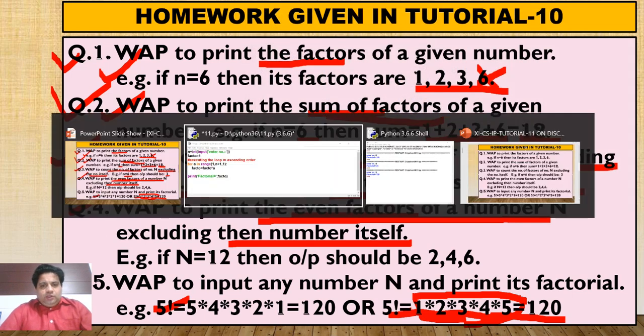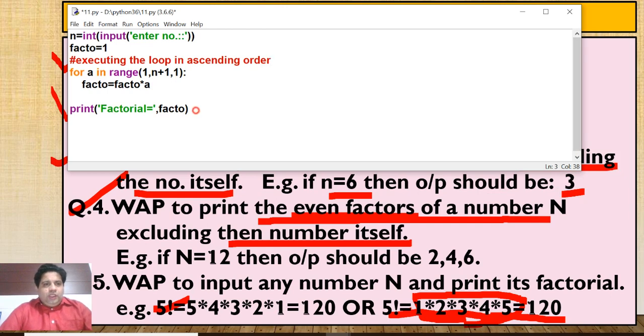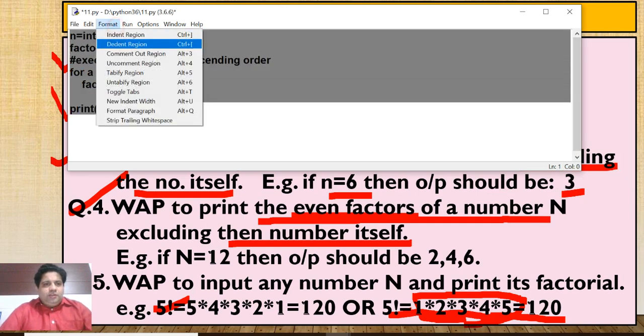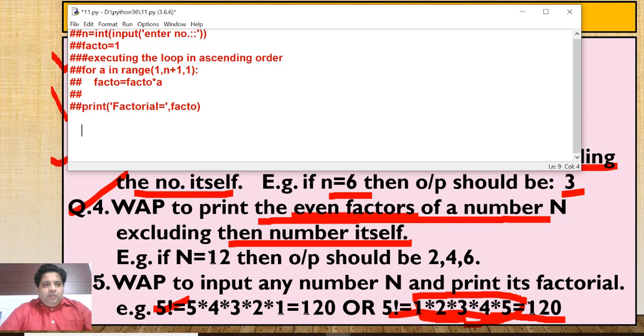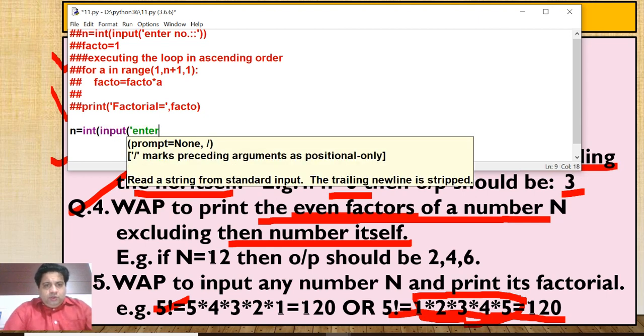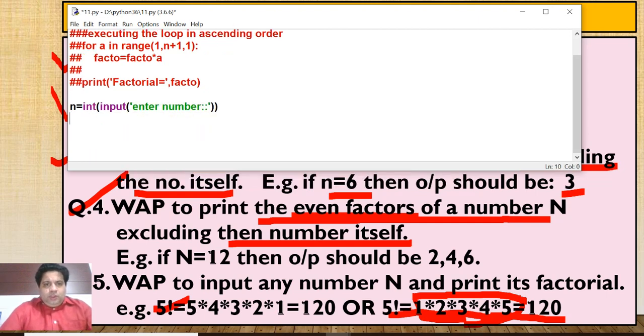Now the second logic. Again I am making this a comment, and again taking int input, enter number. Now facto equal to 1.